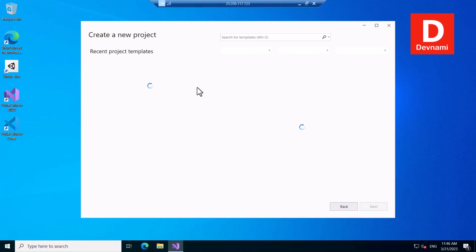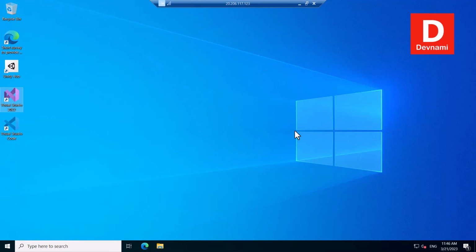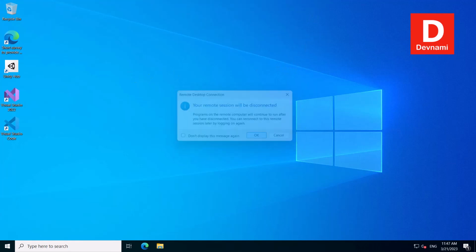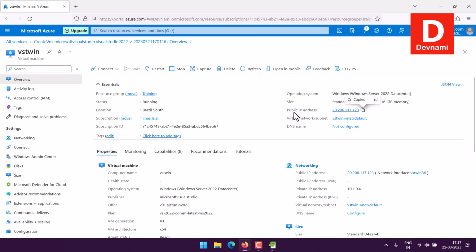though I do have some memory on the server, but it does consume resources and it will take a lot of time as well. But the purpose was to show you that it does work, right? So we set up Windows Server 22. Along with that, we added Visual Studio 22, Visual Code, and Unity Hub. Everything is pre-installed, so you are good to go, right? To turn off the session, simply click close and you will be disconnected. Coming back here,